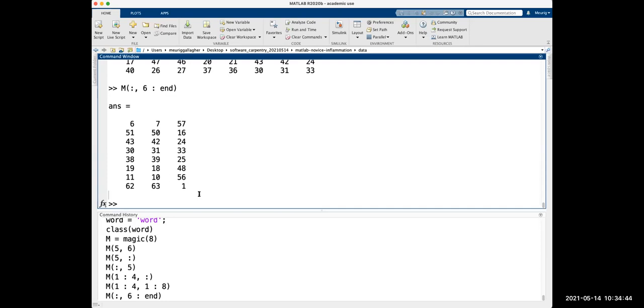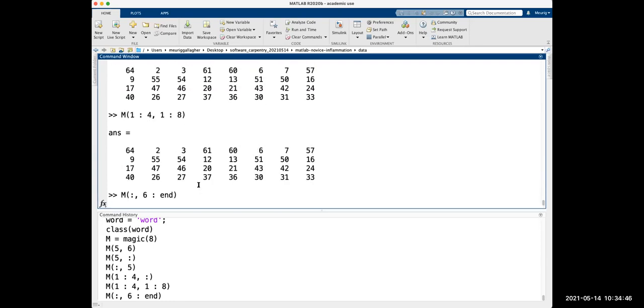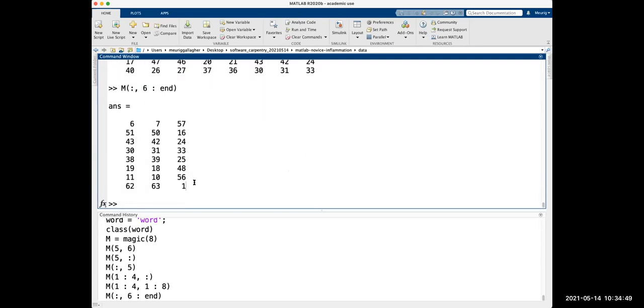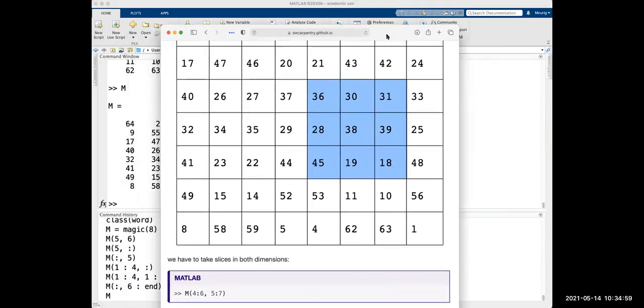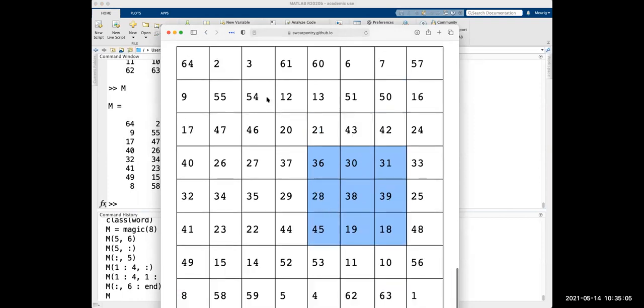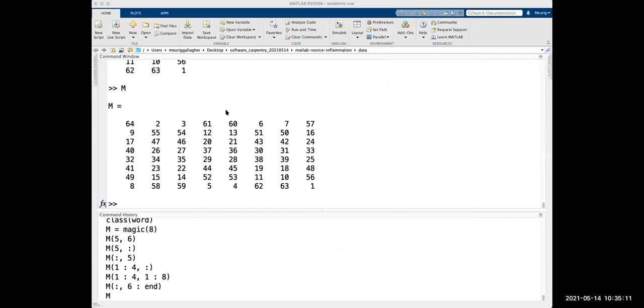And maybe we want to do some different subsections. So if I just type M in and we have a look at our matrix M again, maybe we just want to take this section here, and we want to take 3 rows. It's not going to let me highlight it very easily, but maybe if I show you the image here. So we've got our matrix. This is our 8 by 8 matrix, and we want to just select this section here, or we can just combine the ideas that we've used.